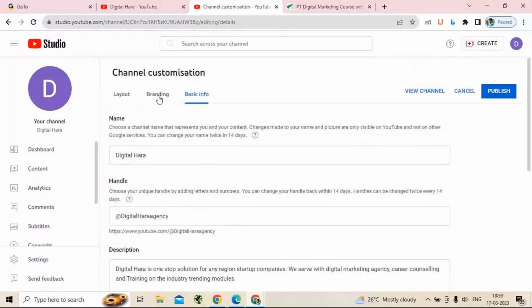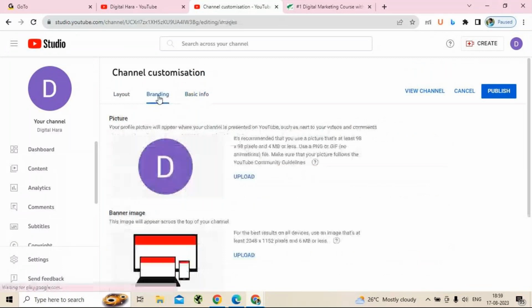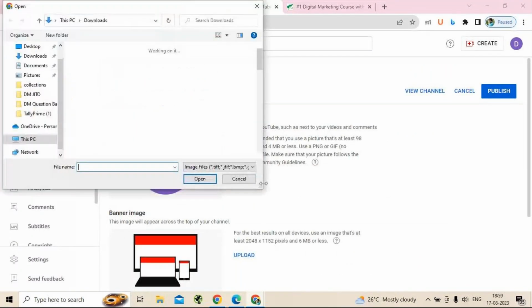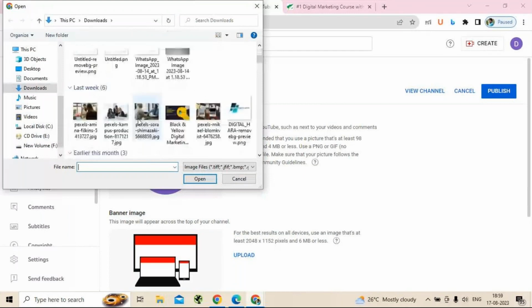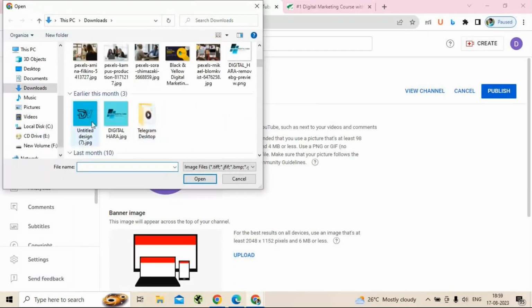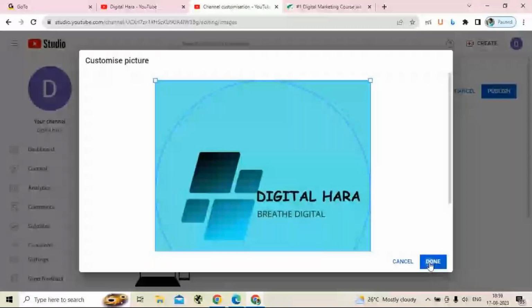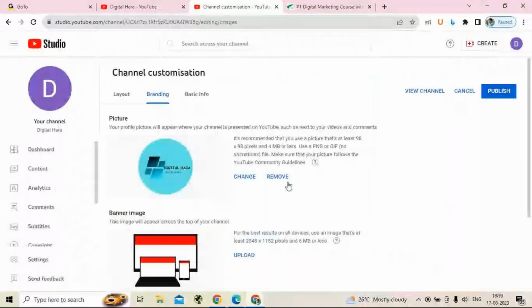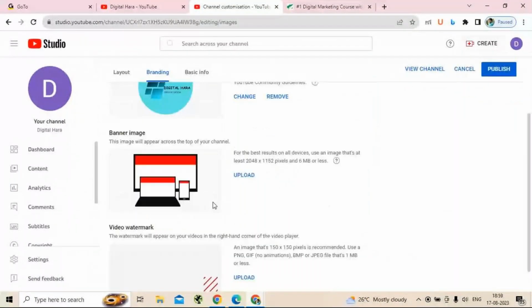In the branding, you are supposed to add your profile picture. So let me add this. So the profile picture is added. Then the next thing is the banner, which is very important for your